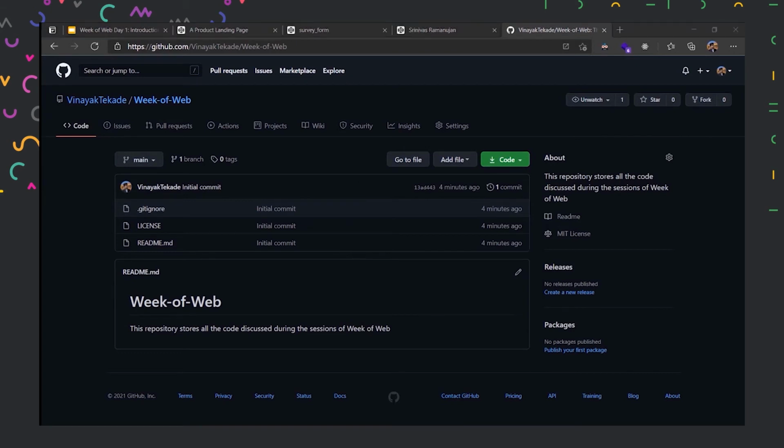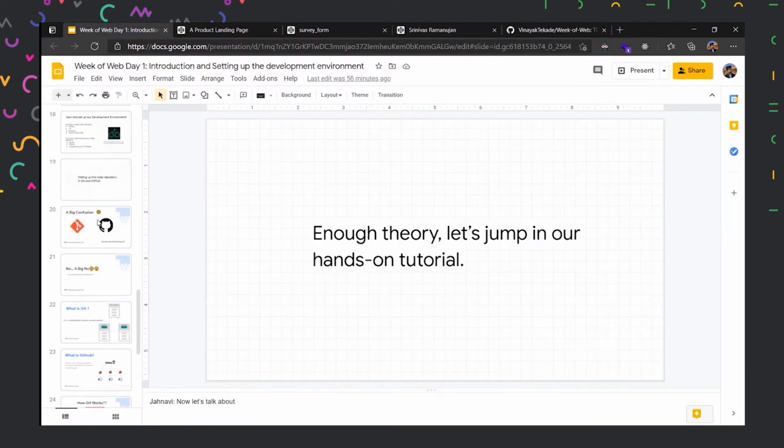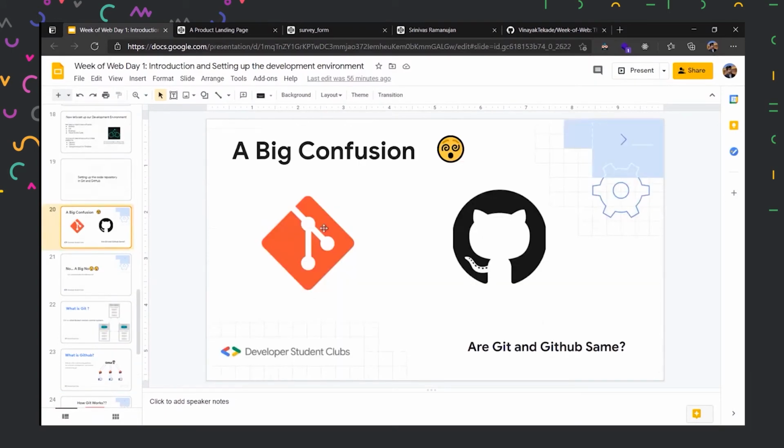So what do you mean by Git Bash, you may ask? In the slide, we had something called Git over here, and Git has a command line interface, which is called Git Bash, and it uses Linux code. It is also available on the Command Prompt and Windows Terminal. But we are going to use Linux for simplicity, because Linux is used worldwide and it is open source and anyone can use it, and developers love using Linux. So moving ahead, let us open Git Bash.